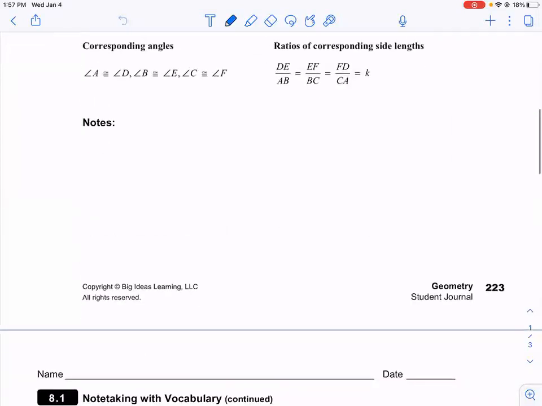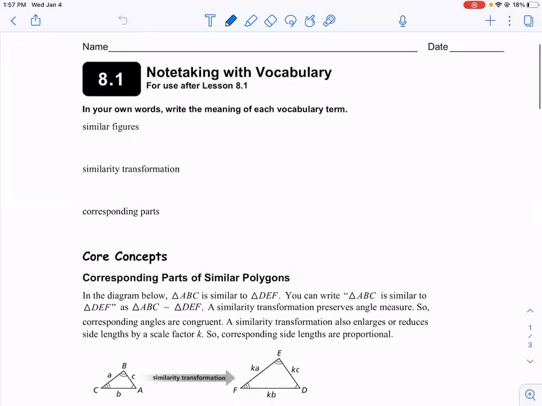Okay, so you need to turn to page 223. Wait, what is it? 223. Okay. Now,